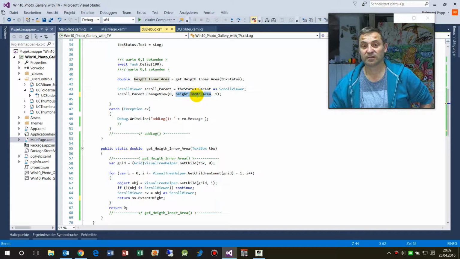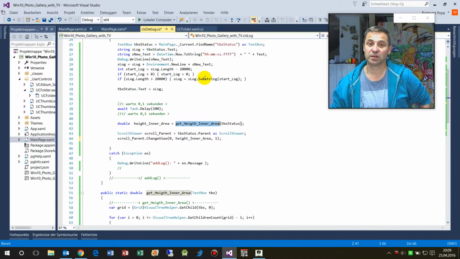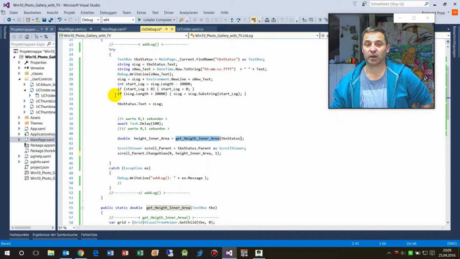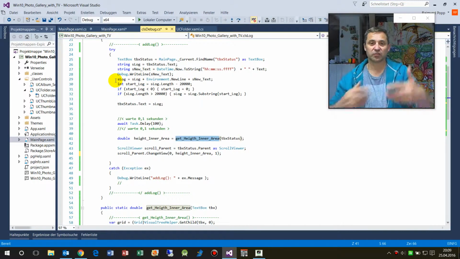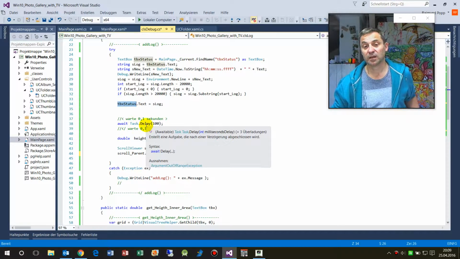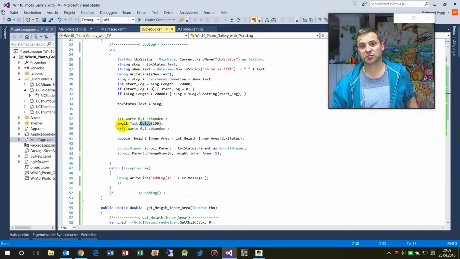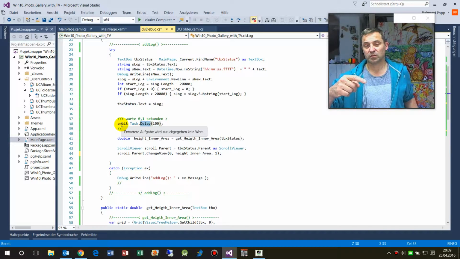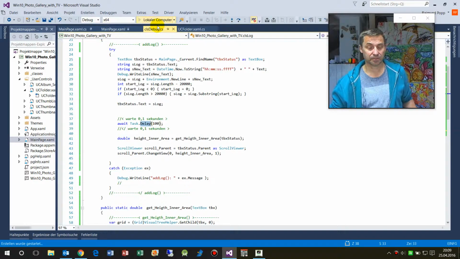So that's the inner height, written as a double, calculated by this function. Here I create a lot of text, and the text is set into this text box or text block, it doesn't matter in this case, and the delay is necessary for redrawing all the stuff. So when I start it again,